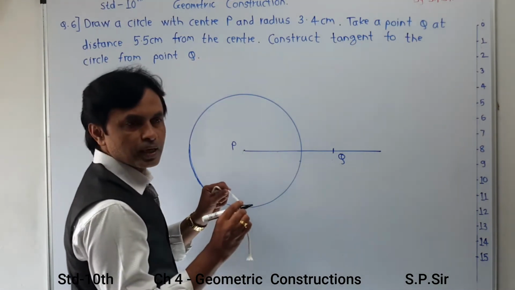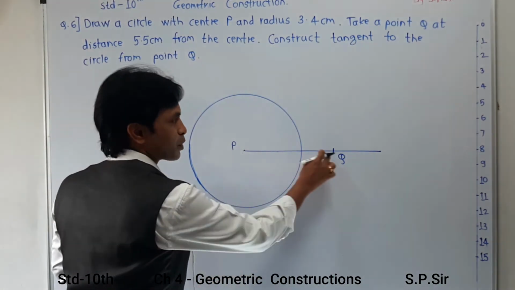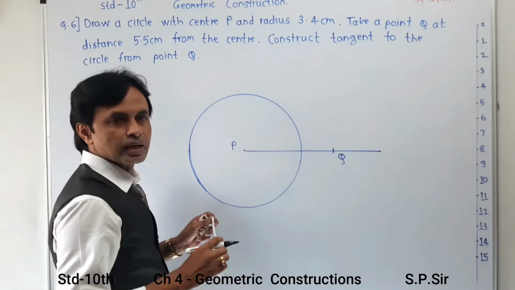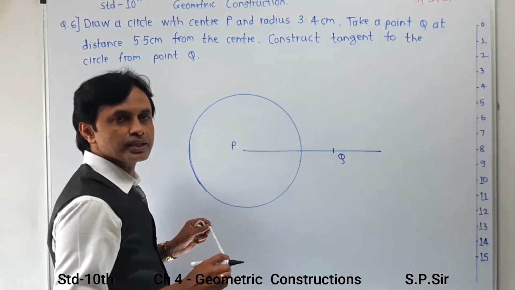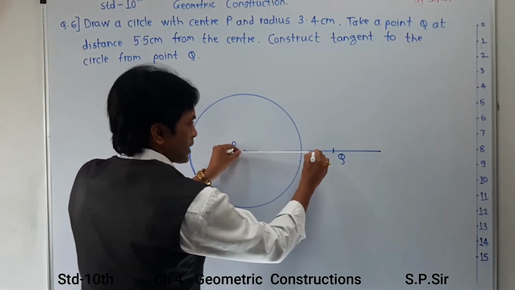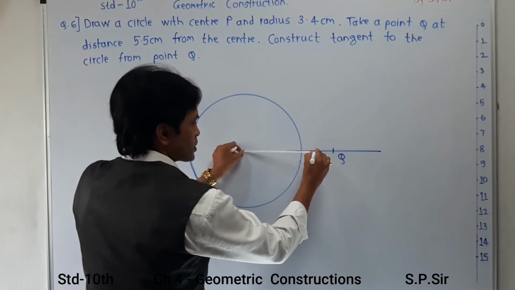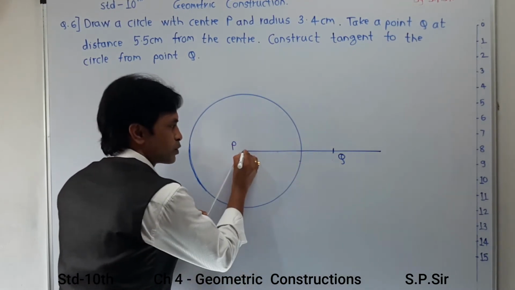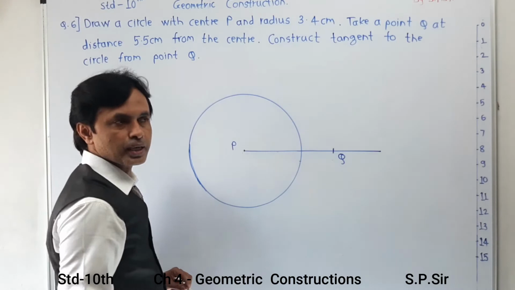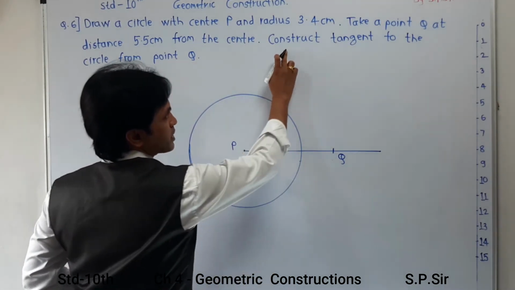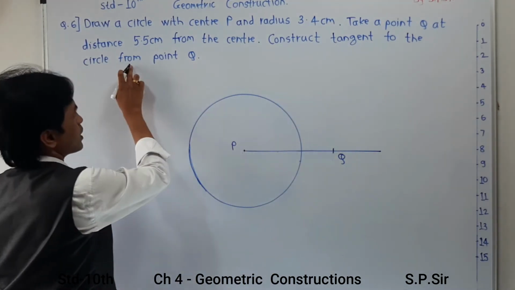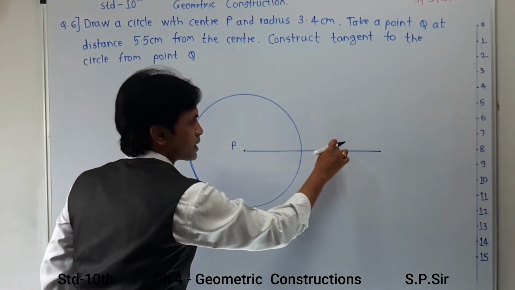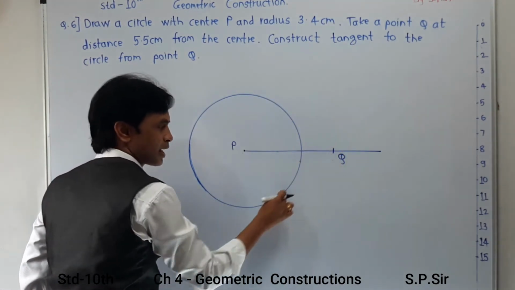Here you have to take a rounder distance, and it should be more than half of this, means more than half of 5.5, means more than 3. You can take it, and I am taking some general tentative distance over here. Now in the first stage you have to use the center P for that part. Now your target is to construct a tangent to a circle from point Q. Means a tangent from Q will be like this and like this.